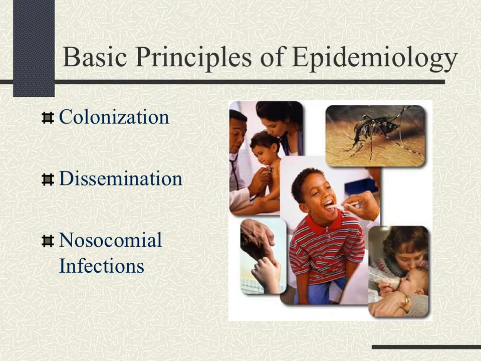Then we have nosocomial infections, which are also known as hospital-acquired infections. Healthcare facilities, whether it's hospitals, nursing homes, or outpatient facilities, can be a dangerous place for the acquisition of infections. The most common types of nosocomial infections are surgical wound infections, respiratory infections, genitourinary infections, and gastrointestinal infections. These infections are often caused by breaches of infection control practices and procedures, unclean and non-sterile environmental surfaces, and/or ill